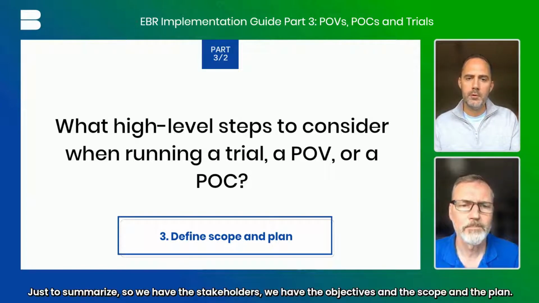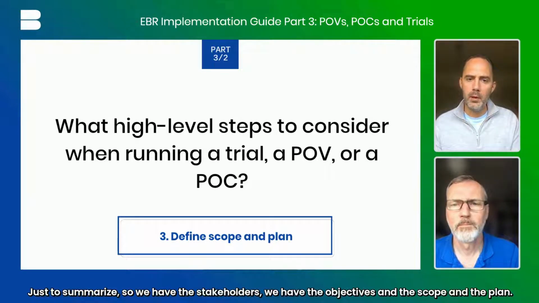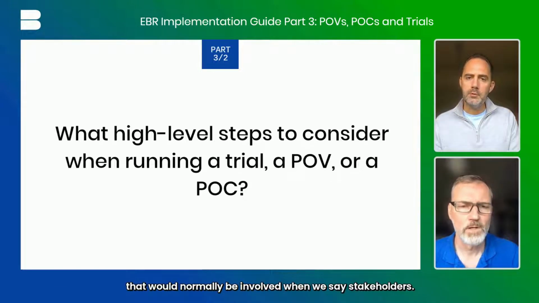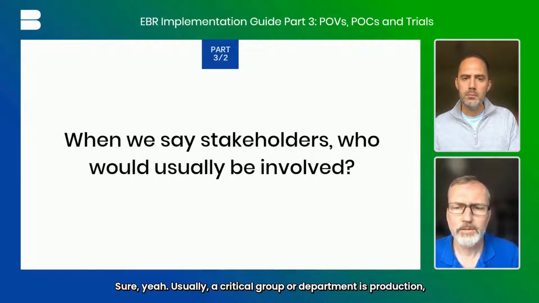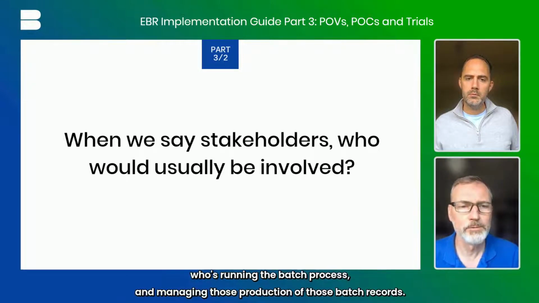Yeah, just to summarize, so we have the stakeholders, we have the objectives and the scope and the plan. When it comes to the stakeholders, could you speak about some of the people that would normally be involved when we say stakeholders, and the type of role or departments that should be involved in this type of activity? Sure, yeah. Usually, a critical group or department is production, who's running the batch process and managing those production